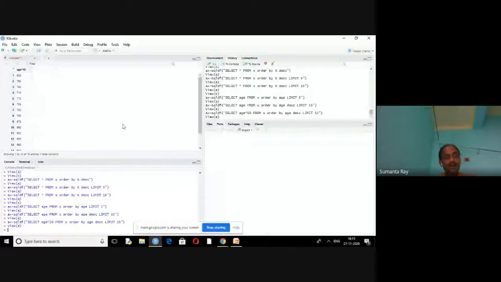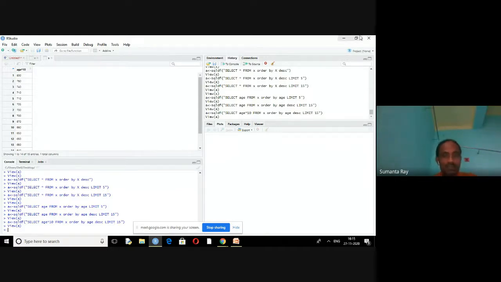And in R, we can merge two different tables. Suppose we have so many tables. We can merge all the tables by using a common column, or if we do not have any common column, we can also merge all those tables. Suppose we have two different relations, we can merge by using an R command. If we have more than two different relations, we can also merge. That is possible in R. So how will it be merged?